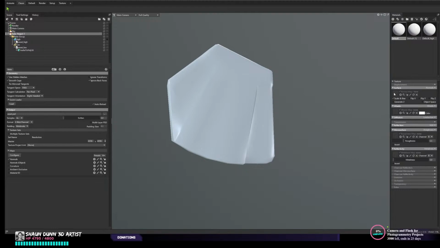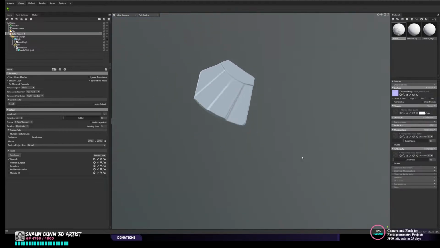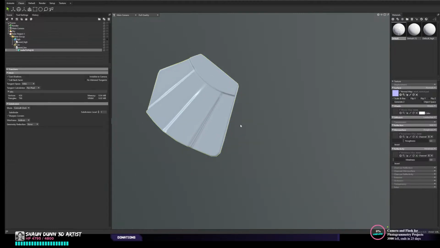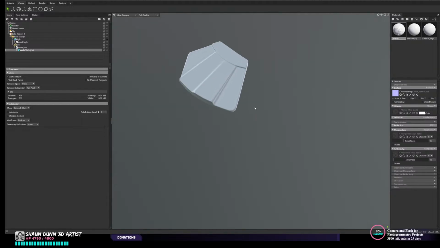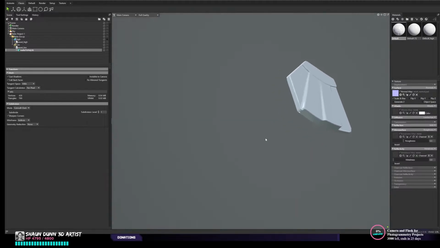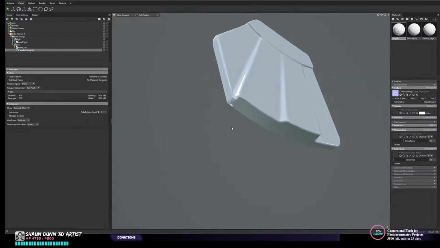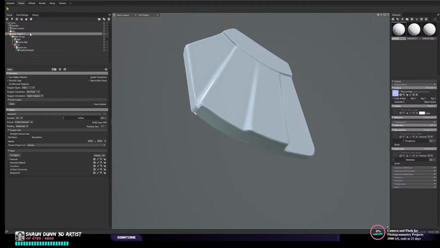And then in the surface section over here, I'm going to just choose my high poly, bake, and there it is. Look at that. It's got all the high poly detail, but it is a low poly mesh. And it looks pretty good, but I'm seeing some issues right here. And that could be because I need to increase the